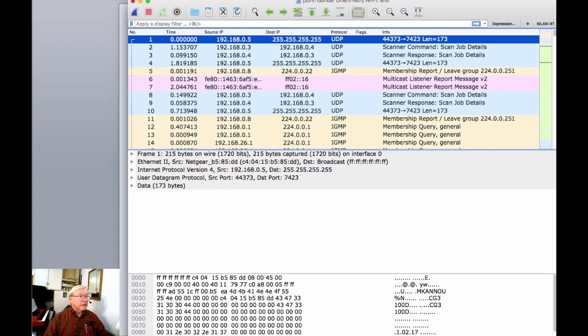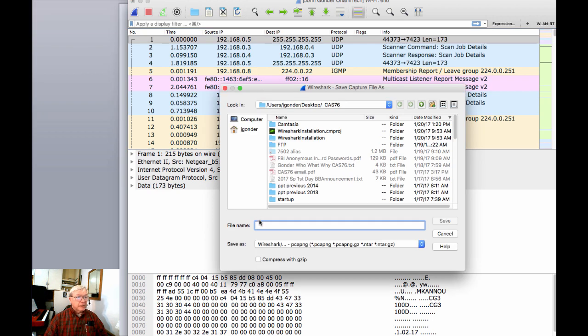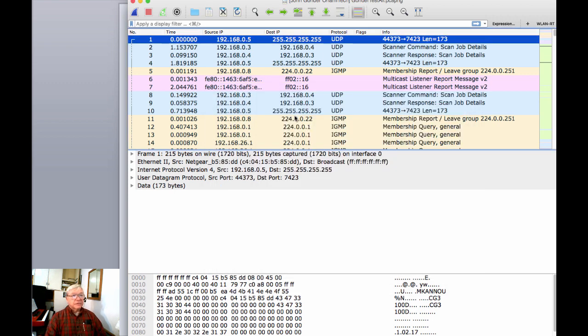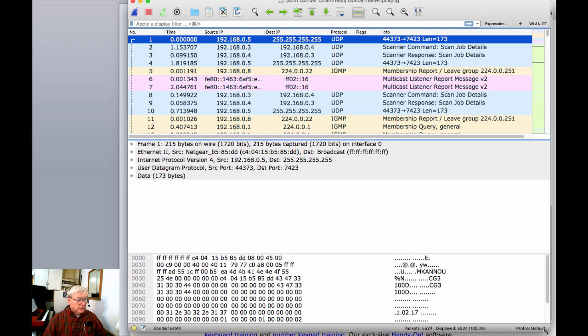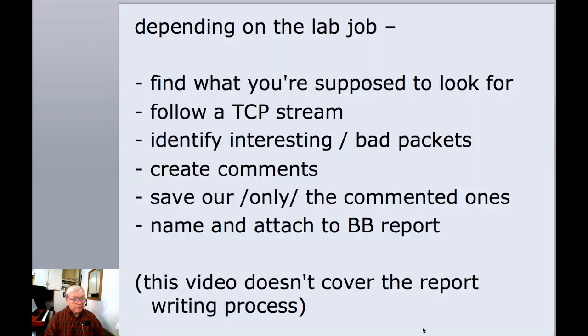I'm going to stop that, and then I'm going to go ahead and save this, and I think I'm going to call this Gondor Test All, and I'm going to save that on the desktop. So I've saved all the packets that I captured, and let me move this up into the window here. So I captured 5,524 packets.